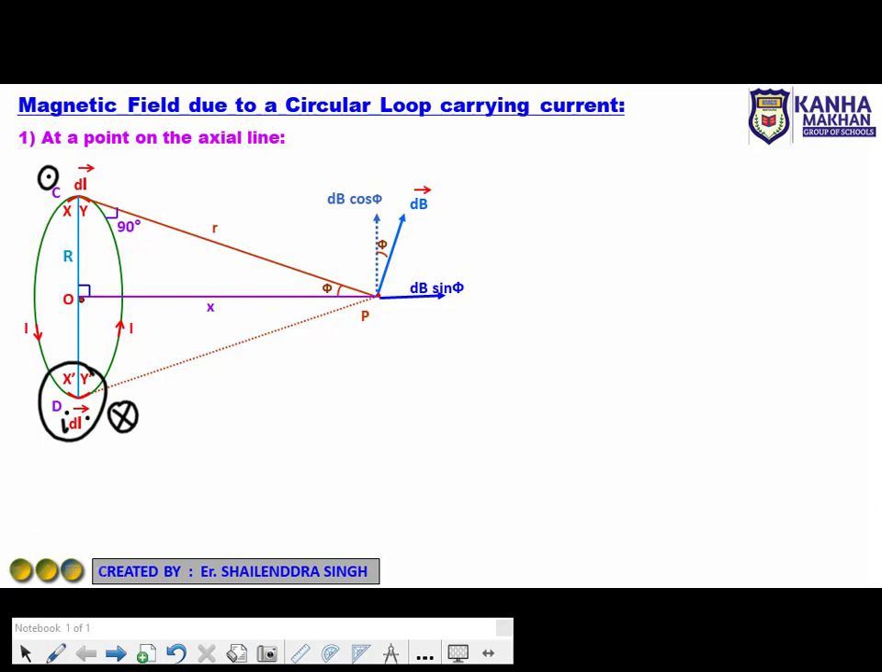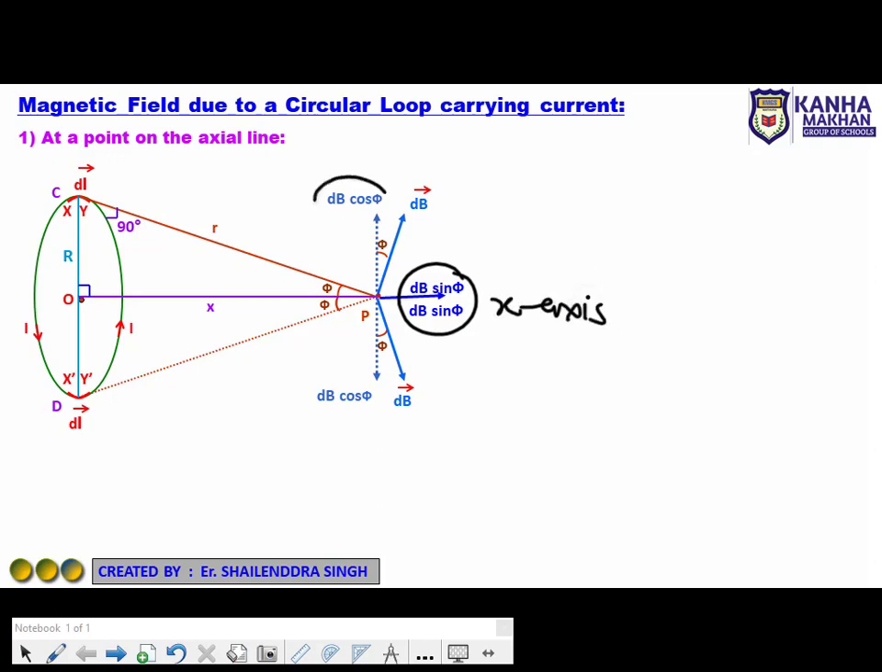Due to that condition, the distance will also be small r. The magnetic field at this point, known as dB dash, will make an angle of 90 degrees with the radial direction. Now we find the components of the magnetic field along the vertical and horizontal directions in the figure. Here dB sin theta is the component of the magnetic field directed along the x axis,